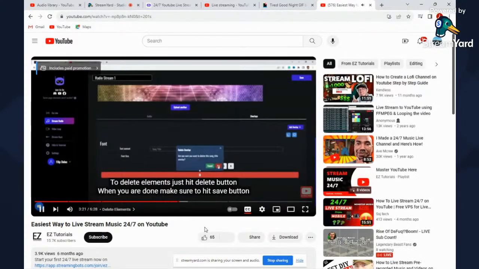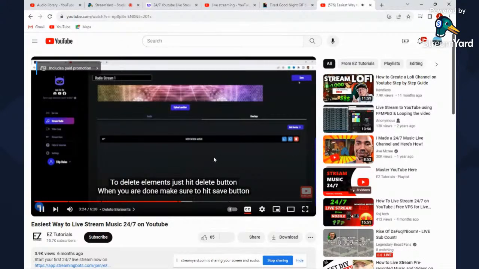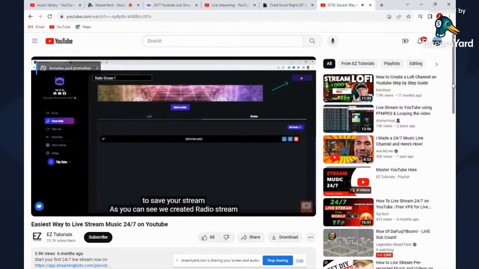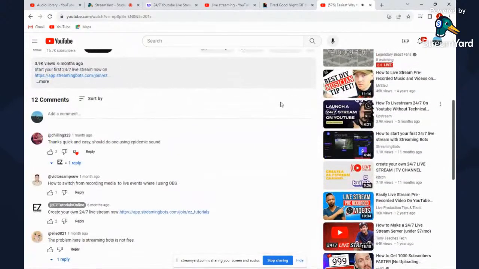To delete elements, just hit the delete button. When you are done, make sure to hit the save button to save your stream. As you can see, we created a radio stream. You can create multiple radio or video streams with the same process, so you can choose which